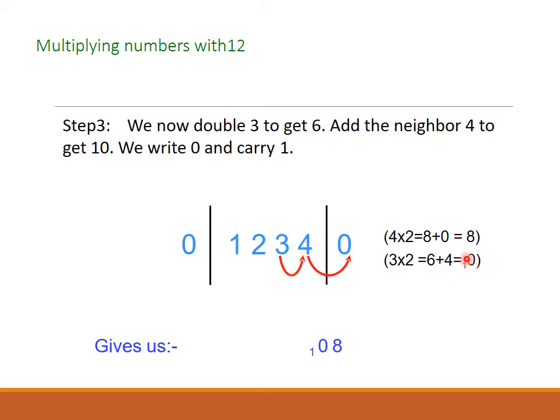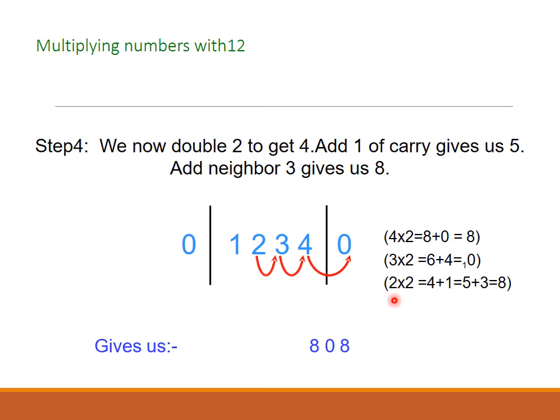6 plus 4 it's 10. So 1 goes to carry over to the next. Now here again double this 2 and we get 4, and add again 1. You need to add this 1 to over here. Okay, so now 1 you need to add over here, it becomes 5, and then add to the neighbor plus 3, it's 8. So now next,